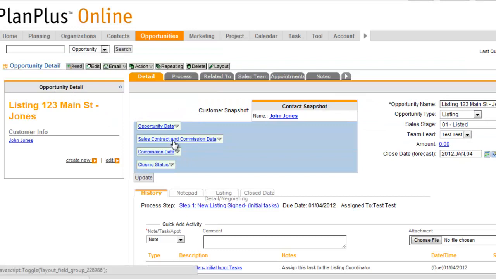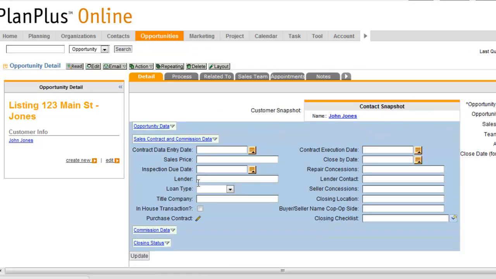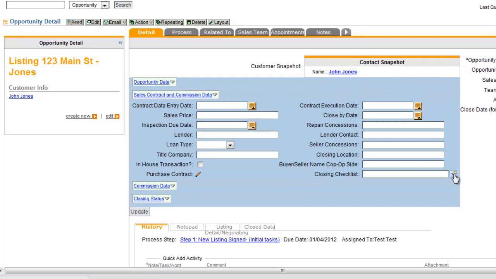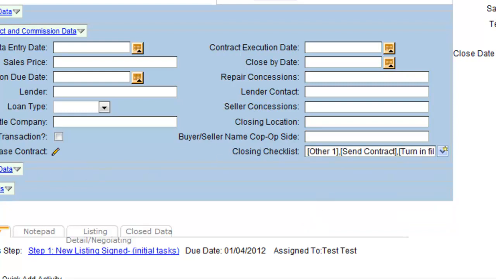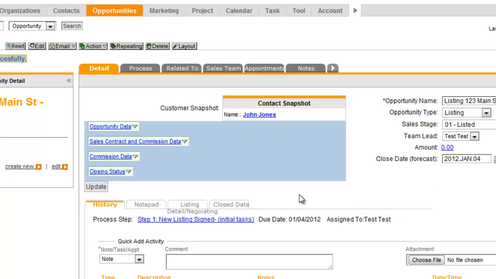section down here called Sales Contract and Commission Date. And again, this is a customized page layout, so if yours doesn't look like this, this is just a custom field. We have a field here called Closing Checklist, and it says Other, Send Contract, Turn in File, Upload Contract. The way this field is meant to be used is you can create a list of items that you would do at the time of preparing for a closing that you can check off and keep track of in this area, and typically you'll have a task that's associated with that step that you would close that task once